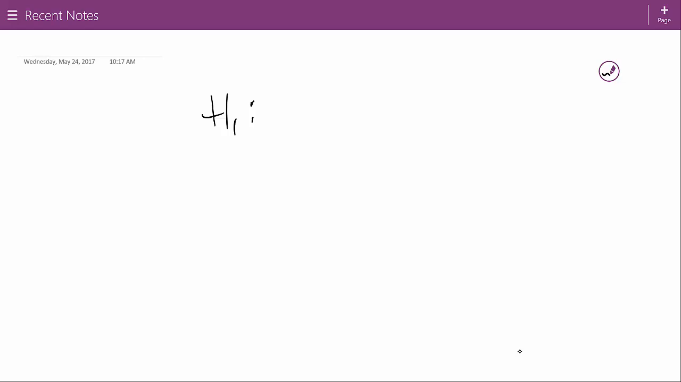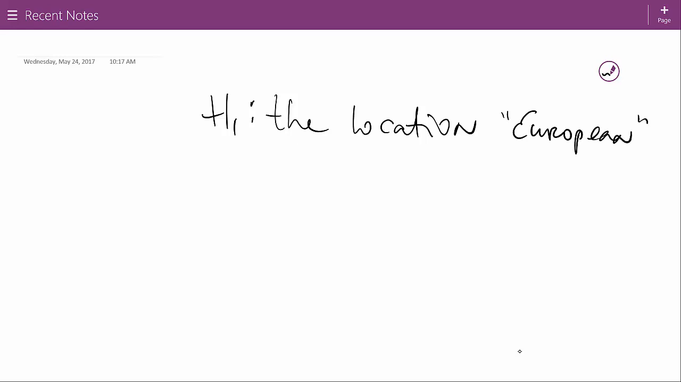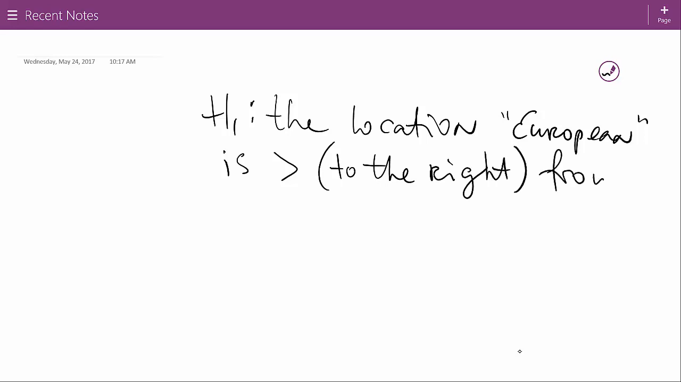So my alternative is going to be that the location of the European is higher, right? Is greater or to the right. Okay, from the location of the American car. That's in statistical language what it means to say that European cars are perceived by customers to be more comfortable,